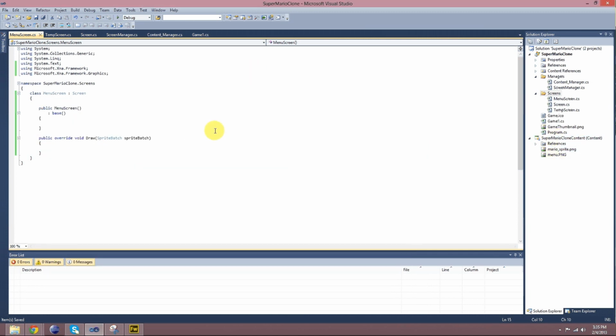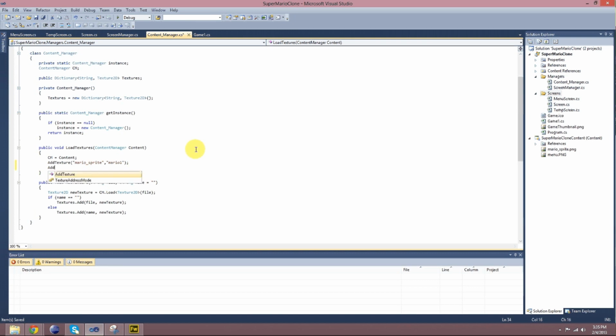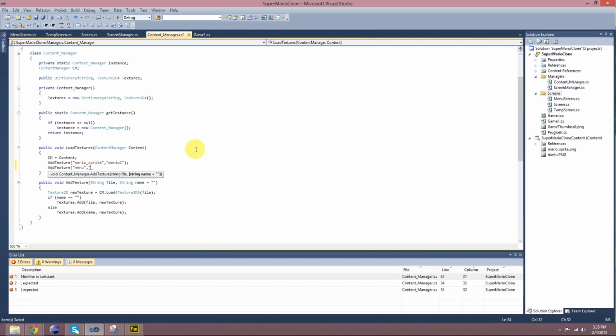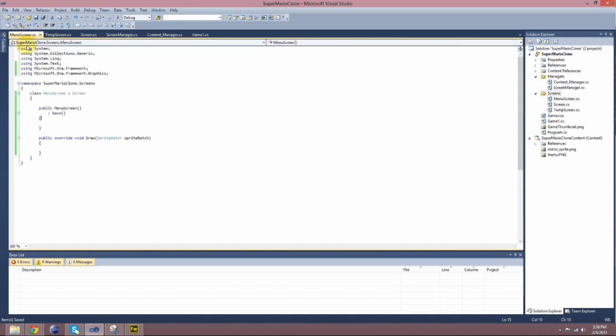Okay. Now we have to go back to our ContentManager class, and then right here we're going to call add texture menu, and remember you don't include the extension, and I'll just leave it called menu. And if you remember the way I set this up, if you don't give a name, then it just uses the file name as the name. So then back here on our menu screen,